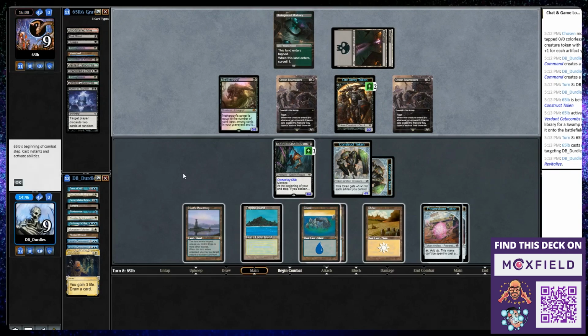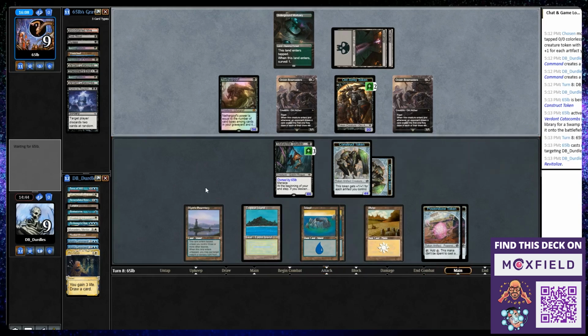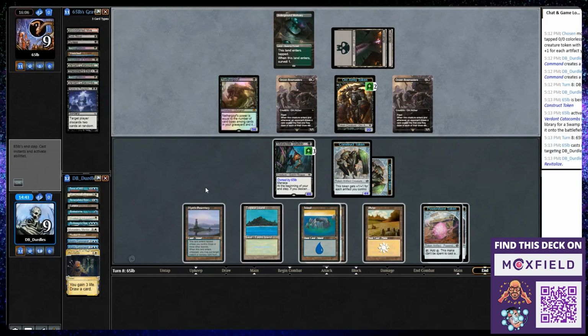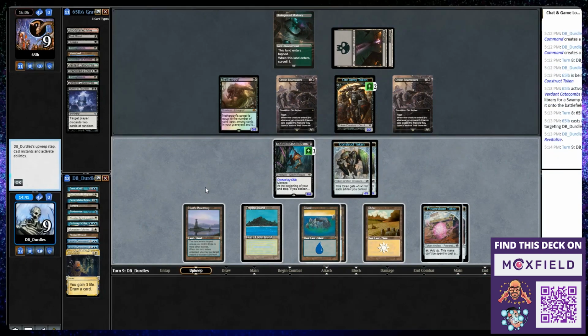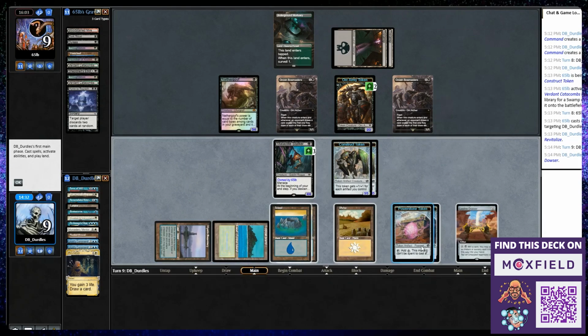Interesting, reasonable. This is a position where Leyline Dowser is crazy. Leyline Dowser would be crazy. Migratory Route would be crazy. Leyline Dowser, fam, let's go. Let's go. Oh, this mana can be spent to cast...